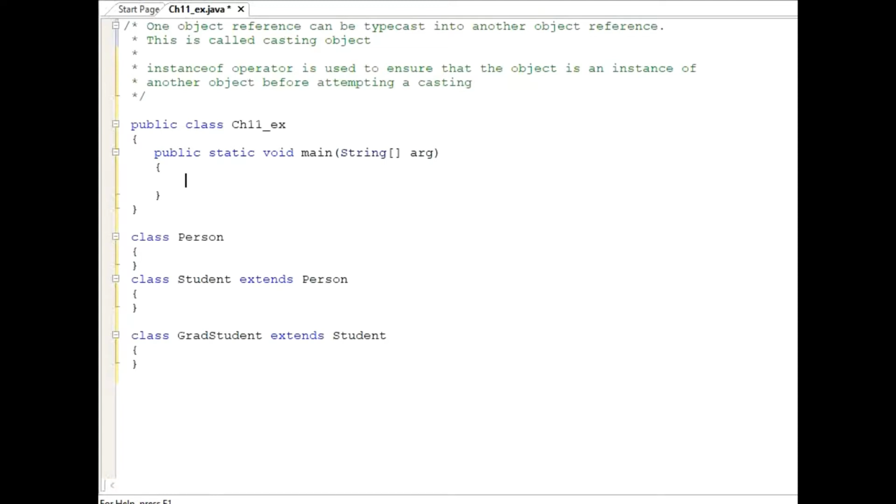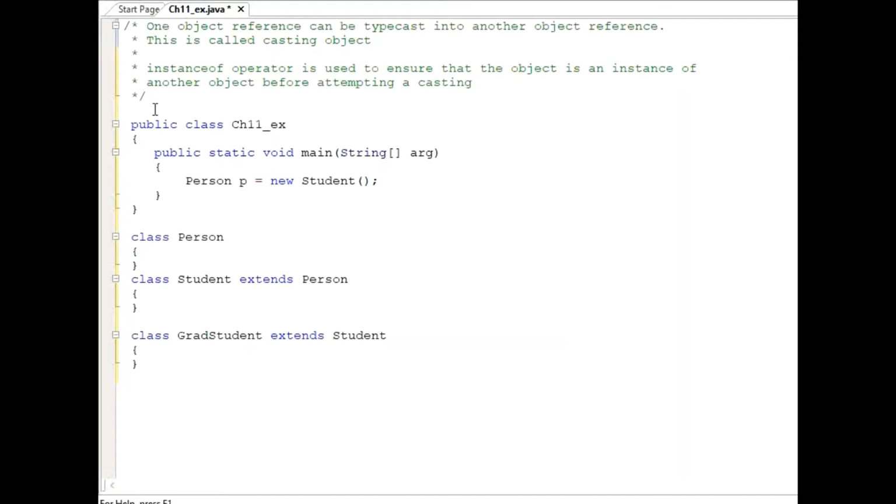In case you are trying to create an object, for example, I'm planning to create an object called p: Person p = new Person(). This is the way we usually create objects. But we can also create an object like Person p = new Student().